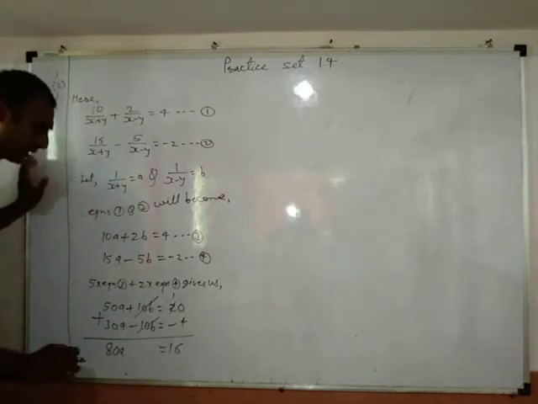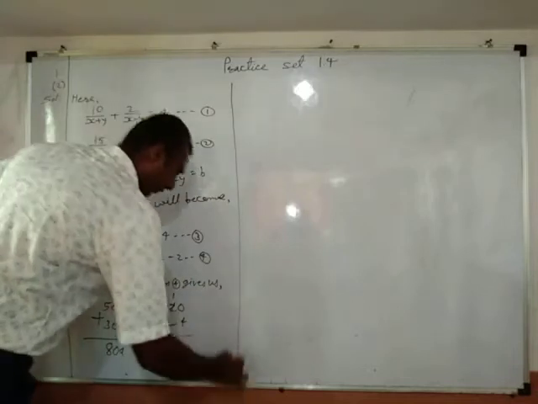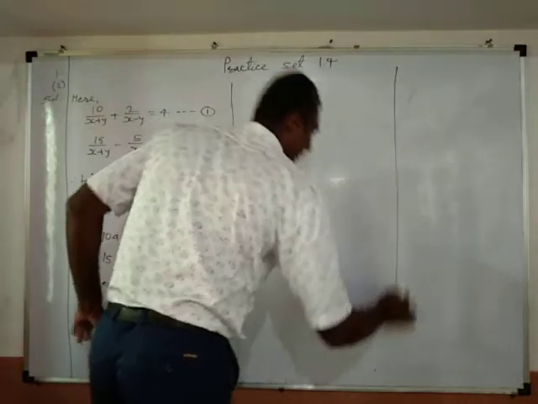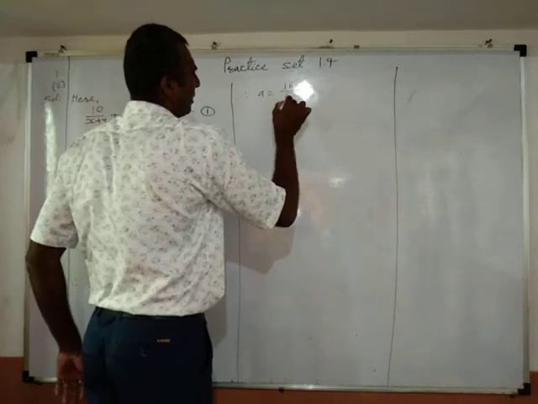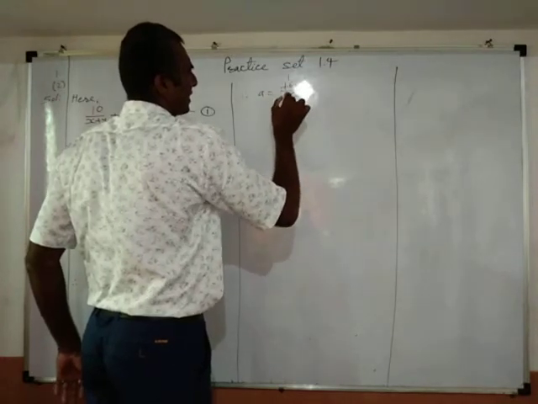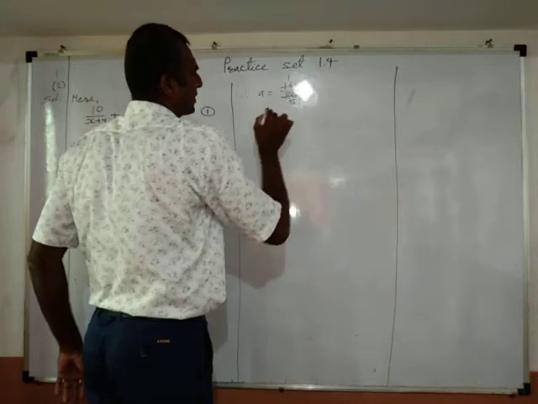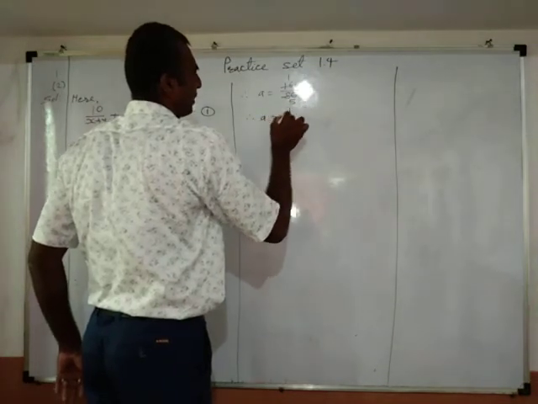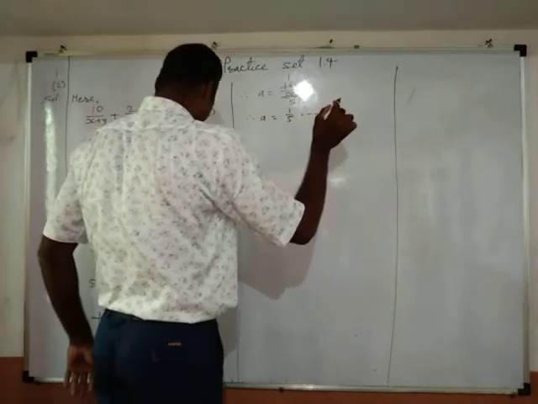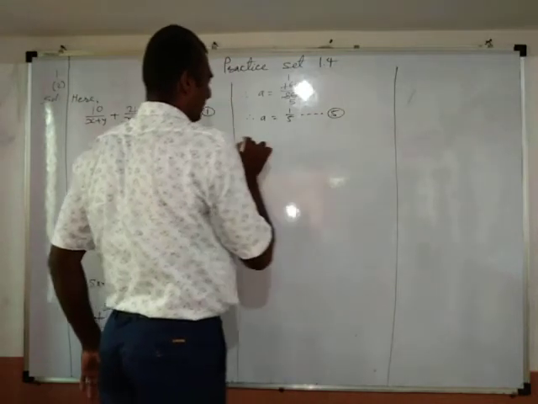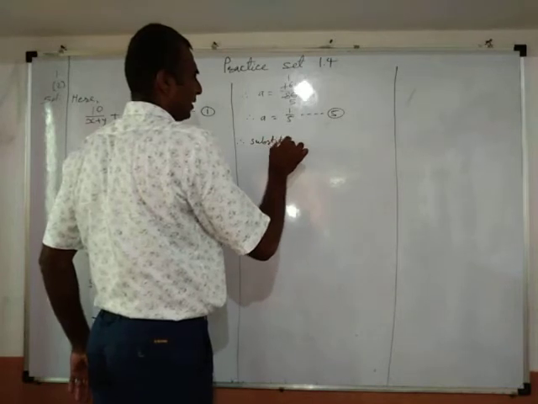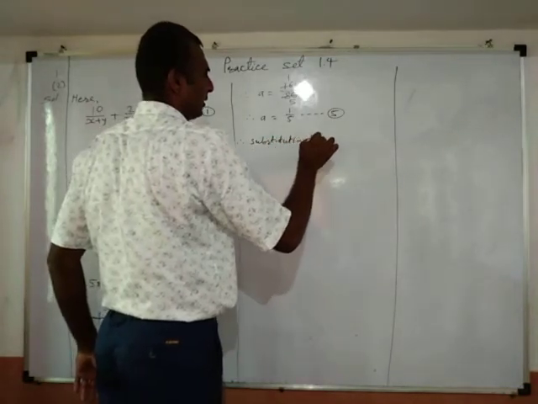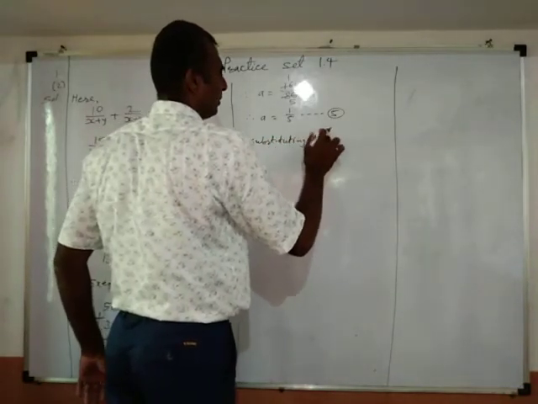80a equals 16, and therefore a equals 16 upon 80. 16 ones are 16, 16 fives are 80, and therefore a equals 1 by 5. Let's call it equation 5. Therefore, substituting this value